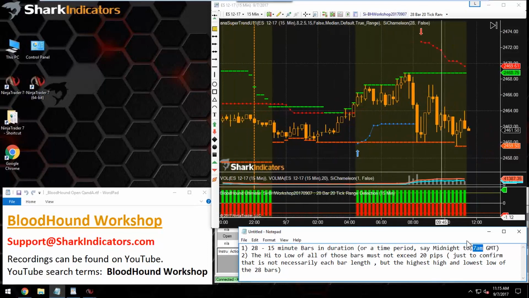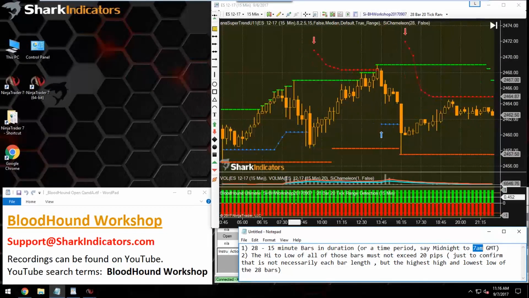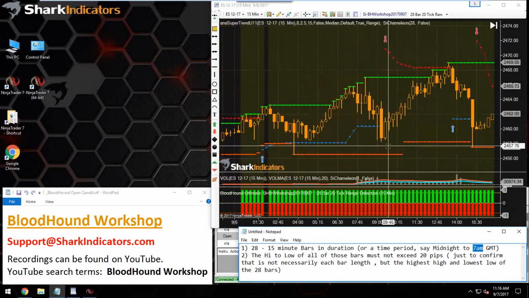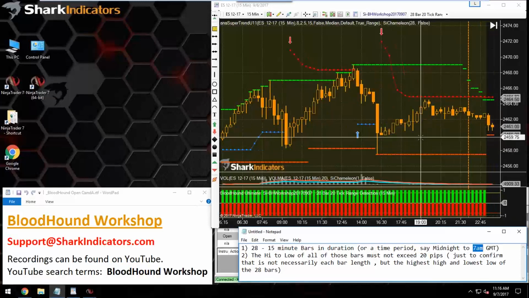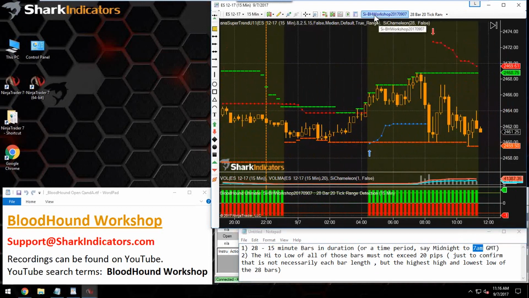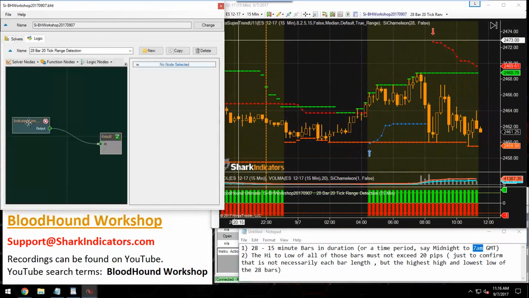Or we could even filter it to a range, say from 7 a.m. to 7:30, or maybe 6:30 to 7 a.m., something like that. We can filter our signals here so that we're not getting these long continuous signals all the time. We're not getting our 20 pip detection all the time. We'll just get it during a certain time period. So to do that,